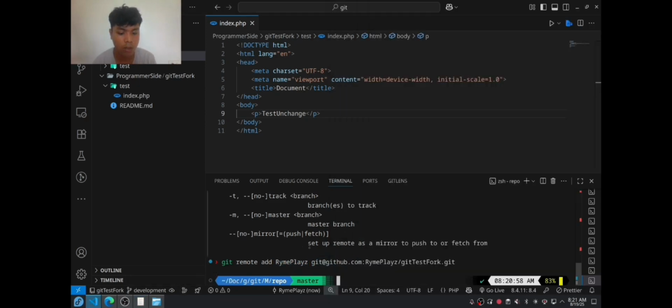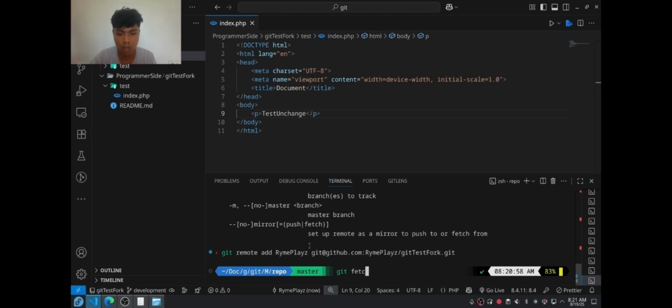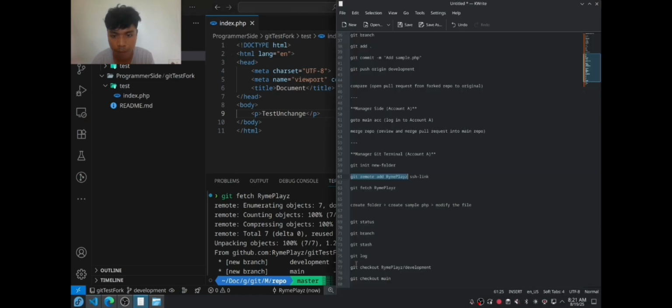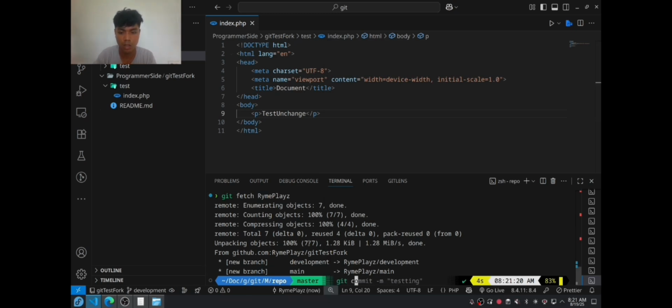So let's fetch it. Git fetch. We will see now under it. Then git checkout.